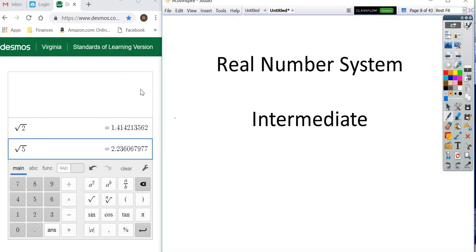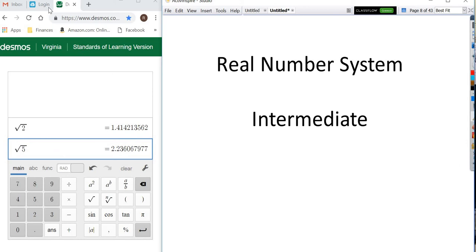Let's go on to the next one. It's going to be the real number system intermediate, and that'll be on your next